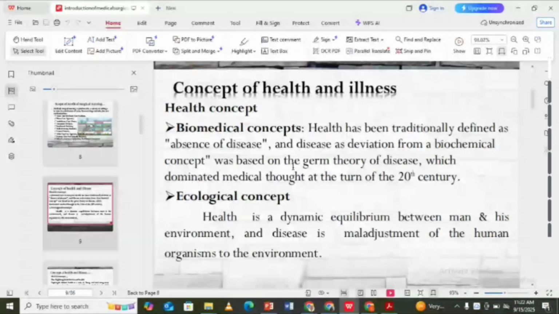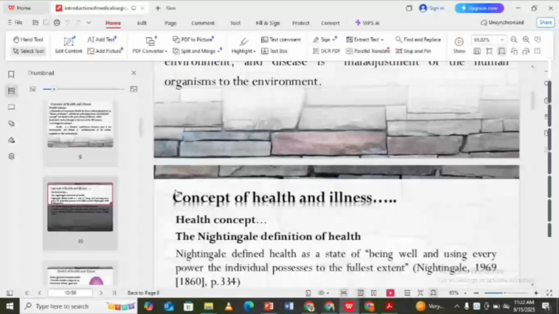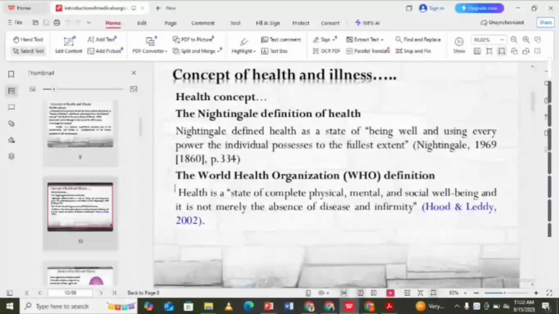And disease is that deviation from the normal biochemical concept. It's very dynamic, and presents with that dynamic equilibrium between man and his environment. And animal adjustment is what brings about diseases, and this is what we are going to manage. Go back to your nursing theories, Nightingale theory, environmental theory. We're talking about state of well-being, and using every power an individual has, to the fullest extent to promote their